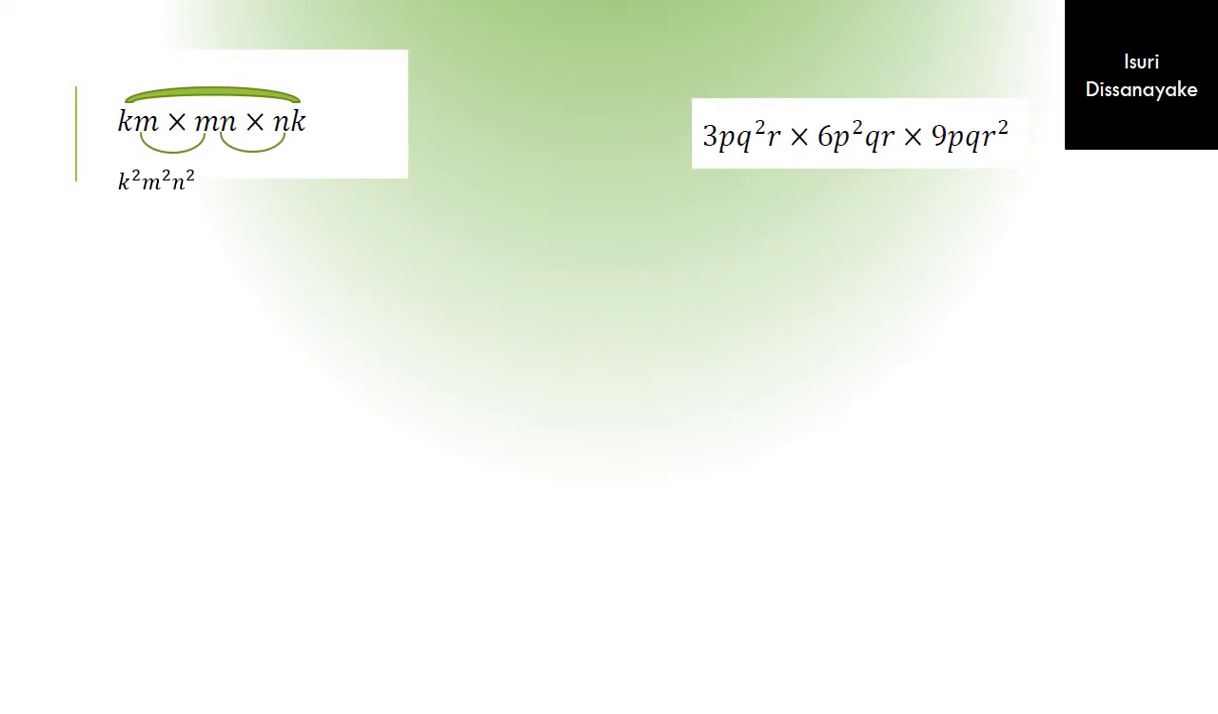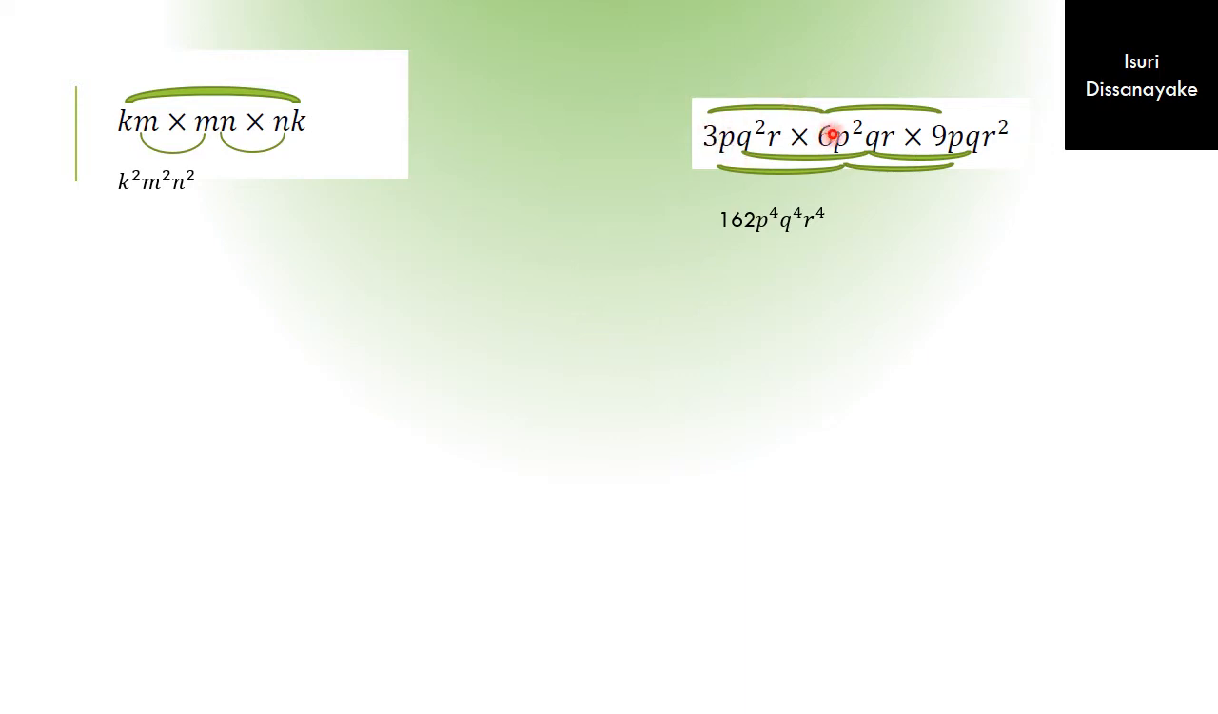You can see in this sum 3p cube squared r multiplied by 6p squared cube r multiplied by 9pqr squared. So these are not like terms, but we can multiply everything together. Firstly, let's multiply the numbers together. Then you can multiply the p's together and cubes together, also r's together. So your answer is